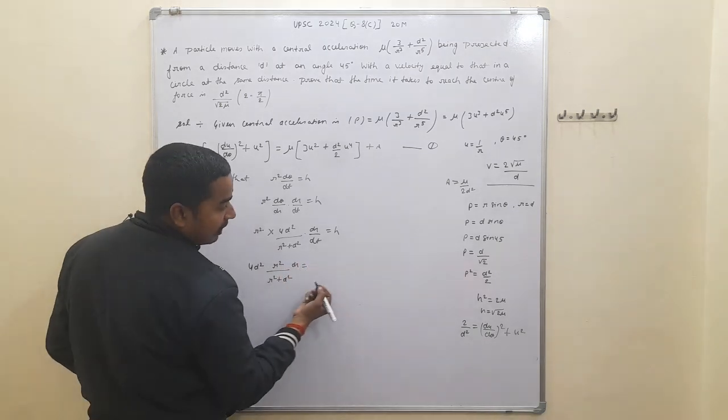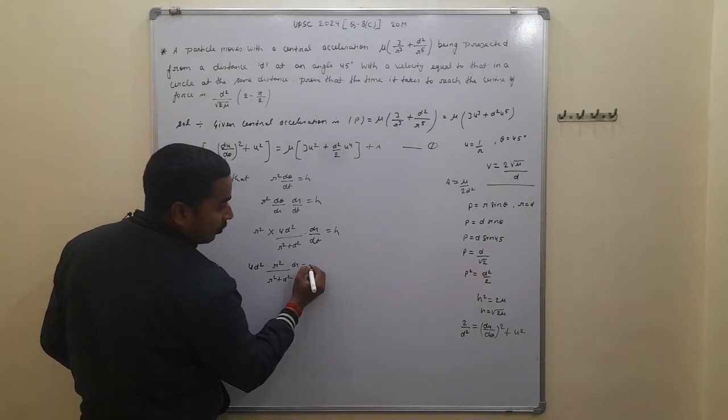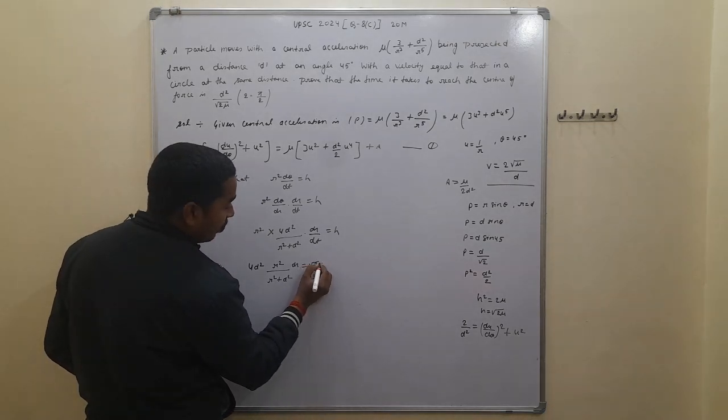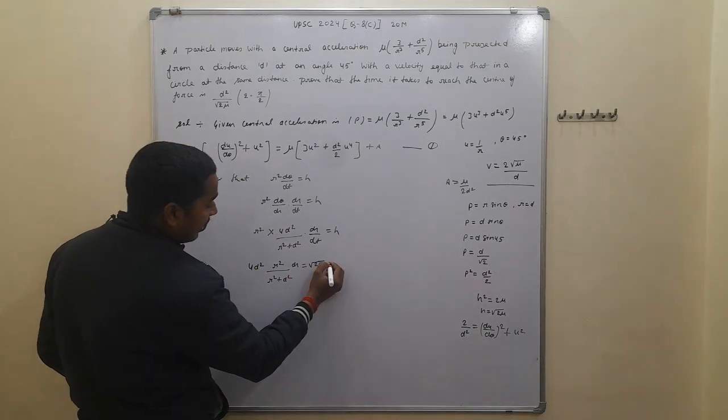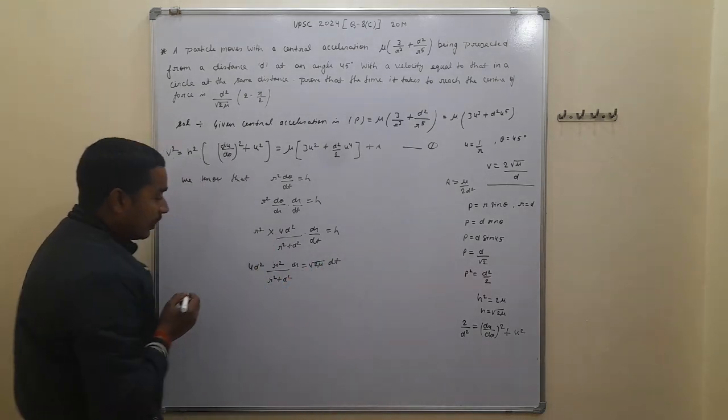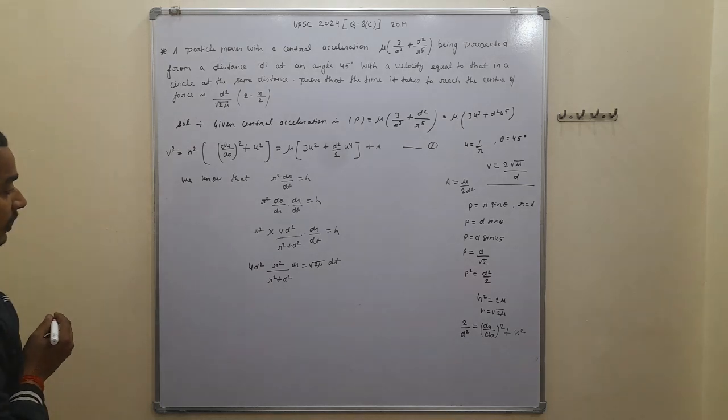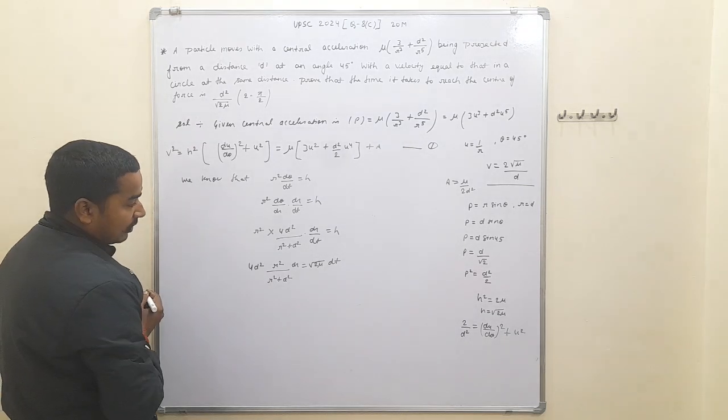So we have to put the value of h here, that is root 2 mu, the value of h, and from here is dt, and further we have to integrate